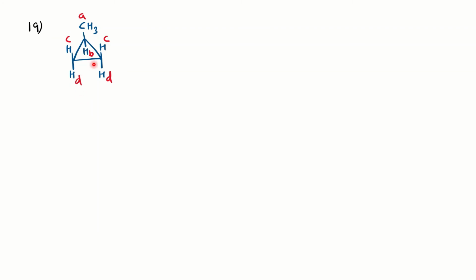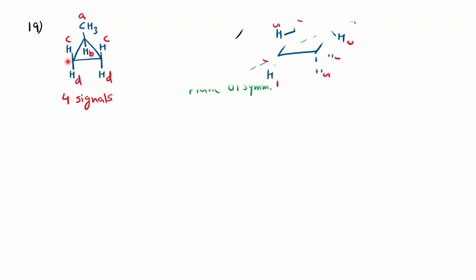Now this three-membered ring having one methyl and the rest protons, we need to find how many signals. So one is the methyl, other is the Hb proton, 2 signals. We need to see now whether the 2 protons which are above the plane are chemically equivalent or not. You can notice the Hc protons are in the environment of CH3, therefore considered to be chemically equivalent. Similarly, below the plane protons Hd are in the environment of Hb, so chemically equivalent. So total 4 signals you will get for this molecule. Moreover, you can draw a plane of symmetry, and we know if you have a plane of symmetry in any molecule, the equivalent portion will give you the same signal.